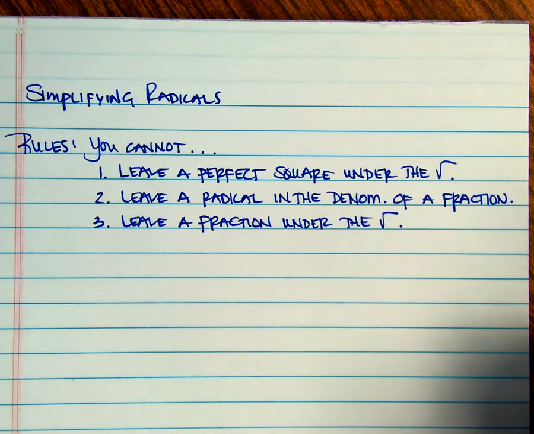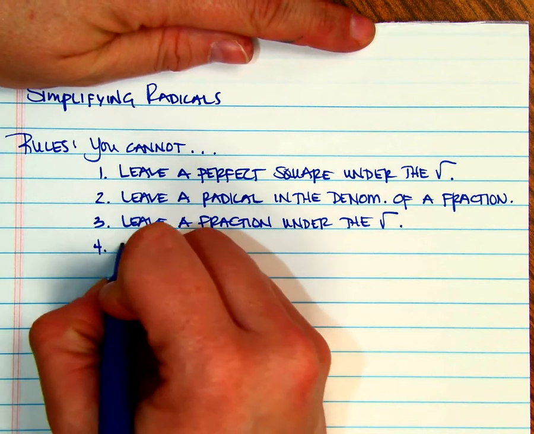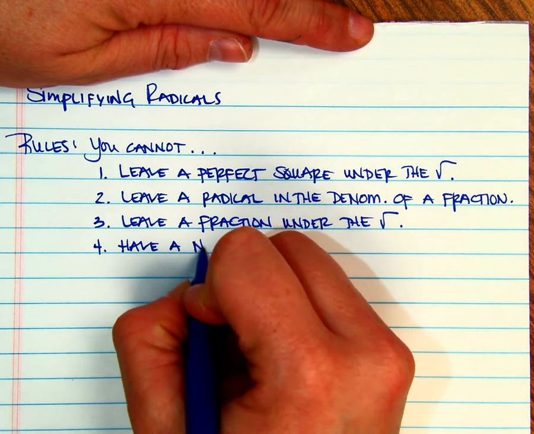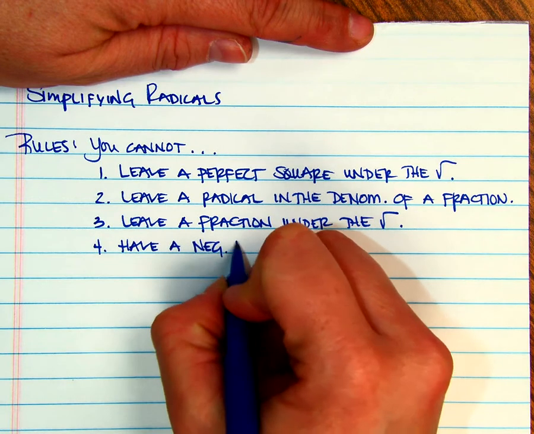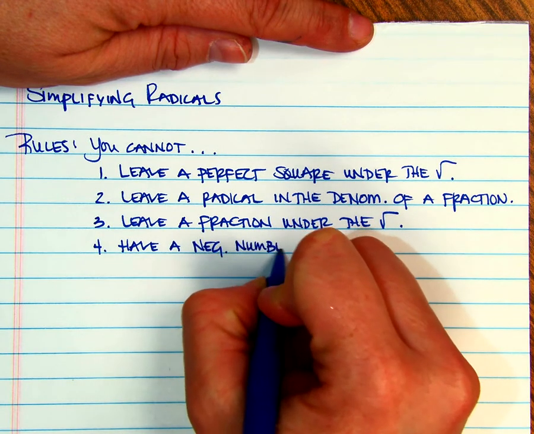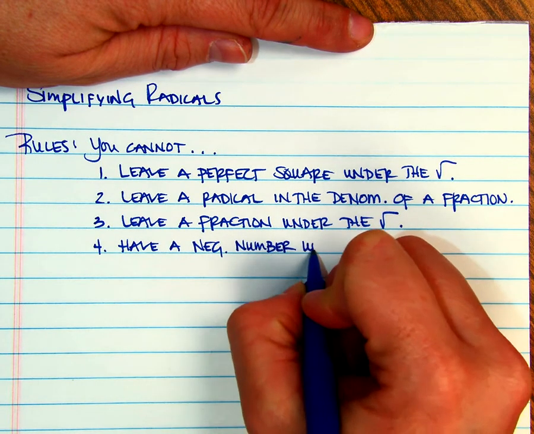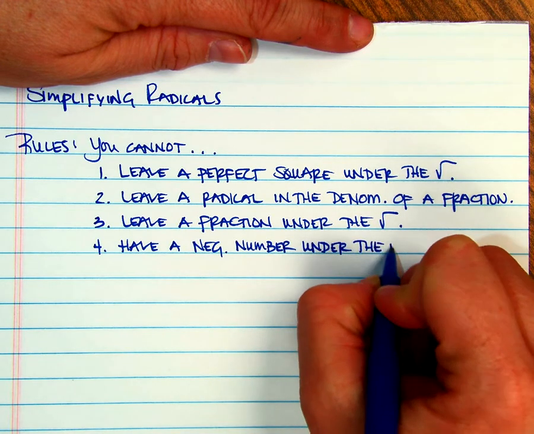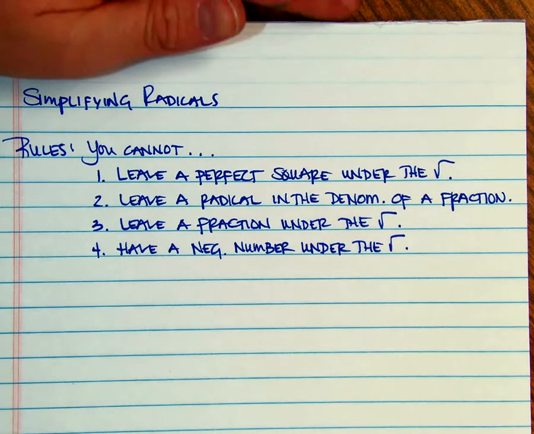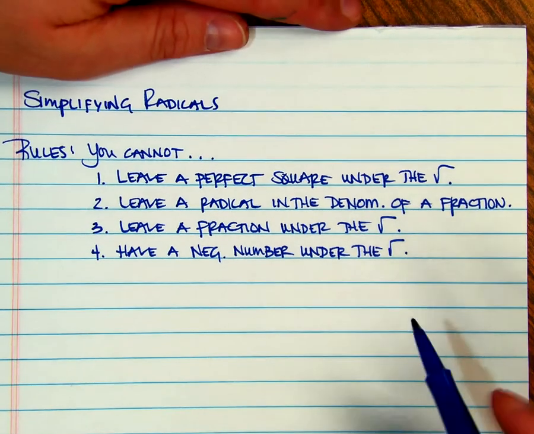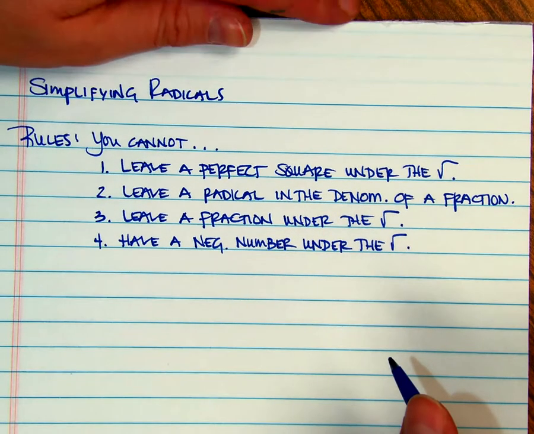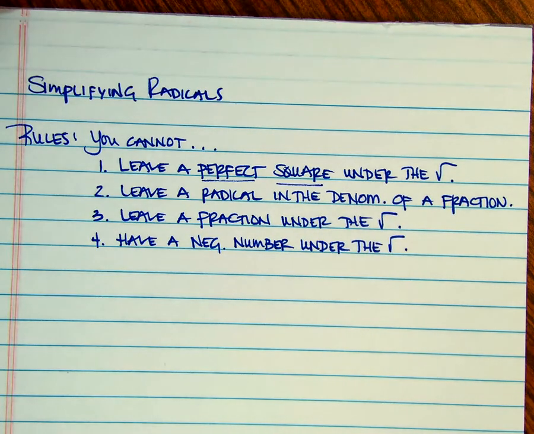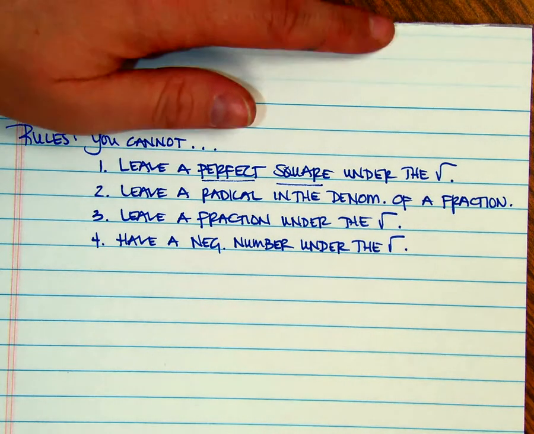And for our purposes, you cannot have a negative number under the radical. That changes when you get into algebra 3, 4 and with the introduction of imaginary numbers. Okay, so perfect square. You have to be able to identify and recognize the perfect squares, and we talked about